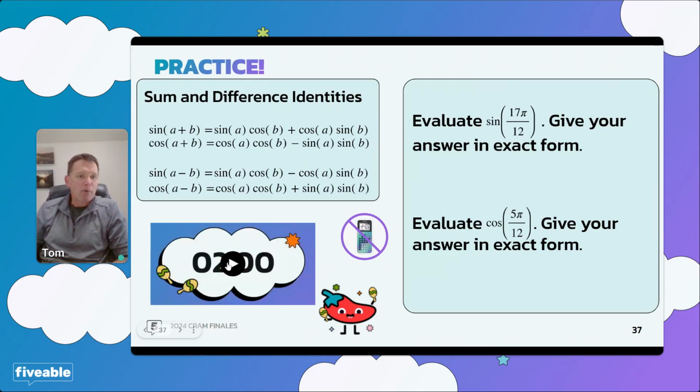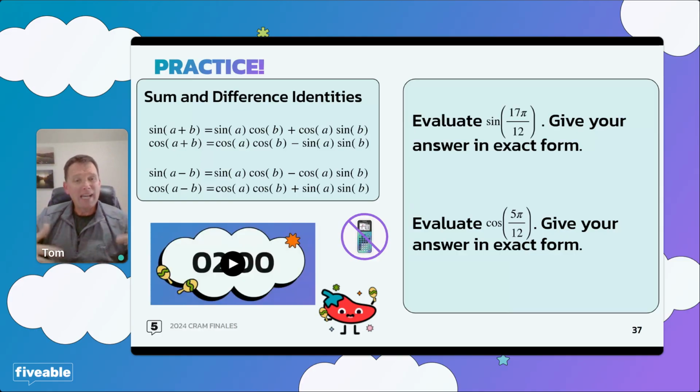So we're going to give you a little practice problem here. There's actually 2 problems here. And you may have done a problem like this in your course. We've left the sum and difference identities available to you. Your task here is going to be, without using a calculator, to try and figure out 2 angles that either add or subtract to make 17 pi over 12 or 5 pi over 12. Because those are angles that don't show up on our unit circle like some of the other ones do.